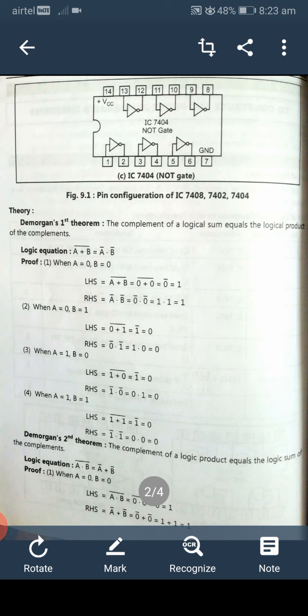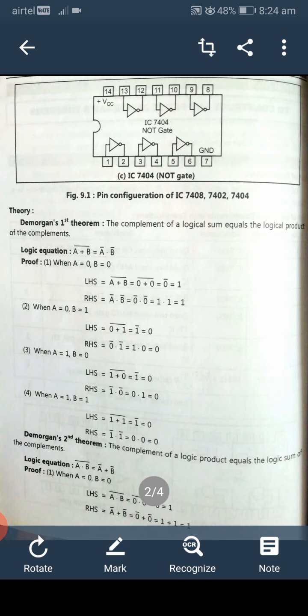Pin number 3 is the input of another NOT gate and pin number 4 is the output. Pin number 5 is the input of this NOT gate and pin number 6 is the output. Pin number 13 is the input and pin number 12 is the output of this NOT gate. Pin number 11 is the input and pin number 10 is the output. Pin number 9 is the input of this NOT gate and pin number 8 is the output of this NOT gate. Theory regarding this experiment is